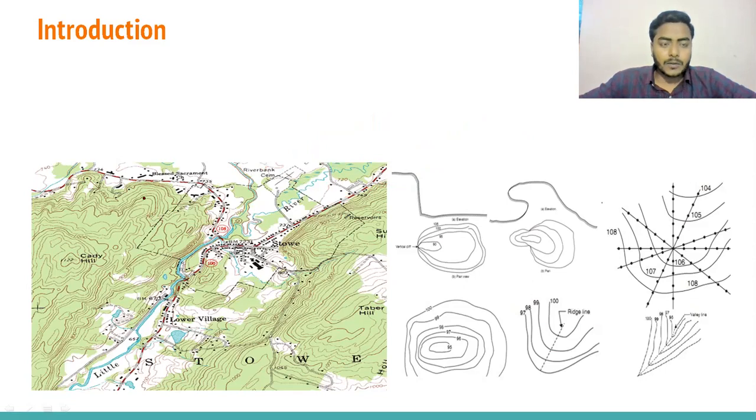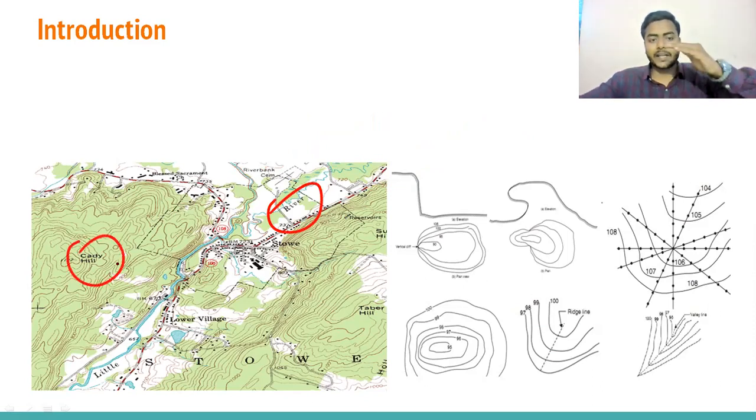Once we draw the topographic map, we can get the idea where is the river, where is the hilly portion, like where the ground is elevated. We can get the idea where the ground is dispersed. We can get where is the river side, where is the forest side, where the water can be collected. So there are so many ideas we can get by looking at this topographic map.